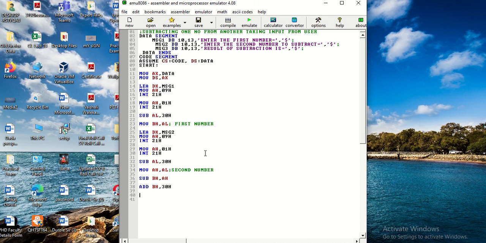As my result is ready, I will display the third message first. I'm using the same function.